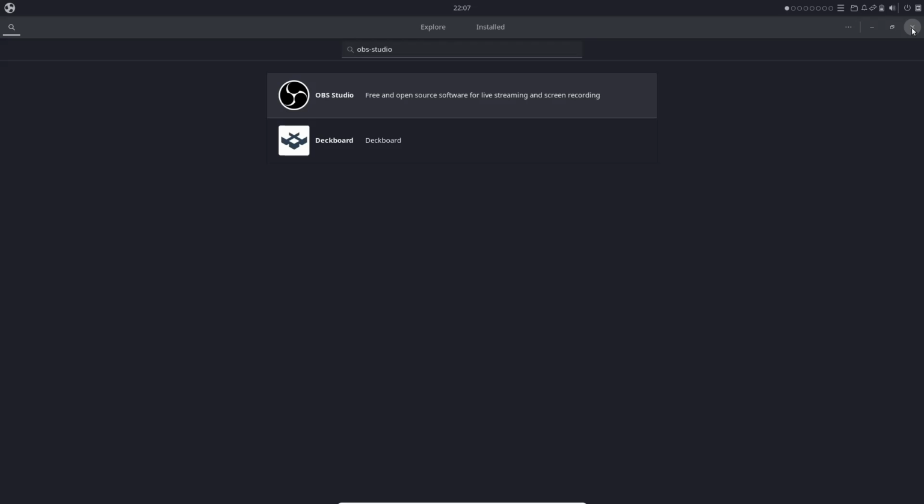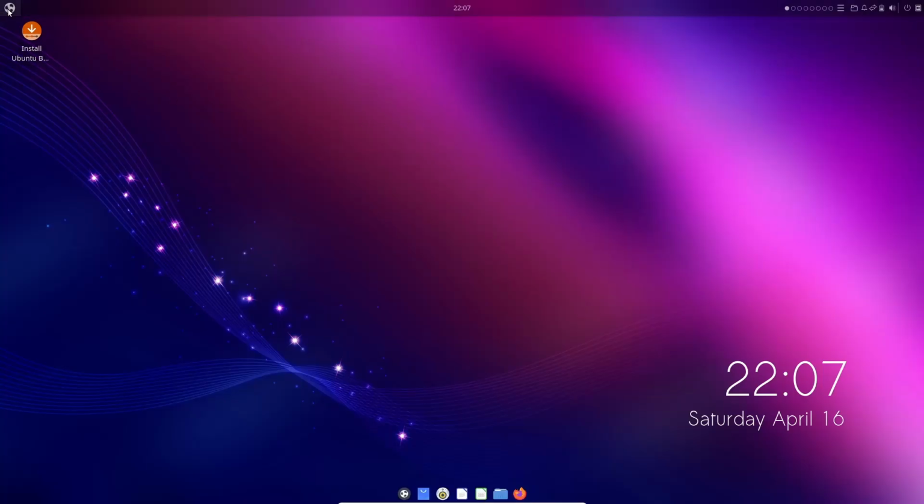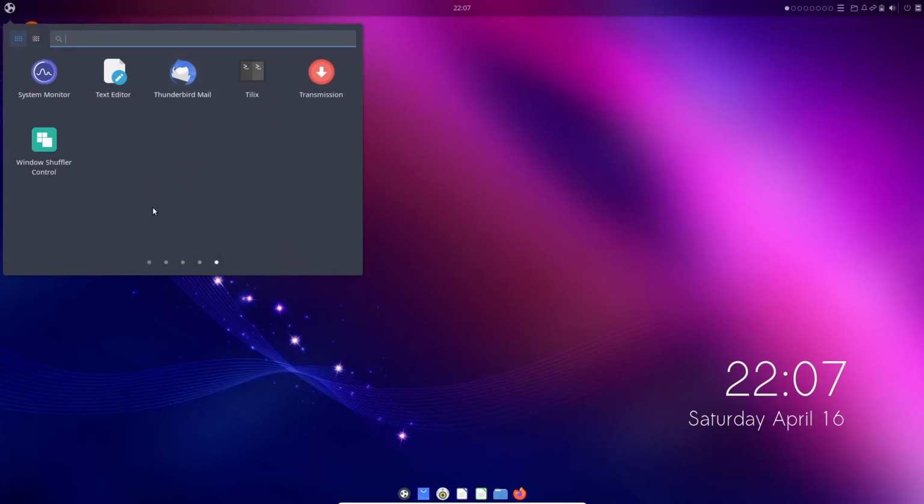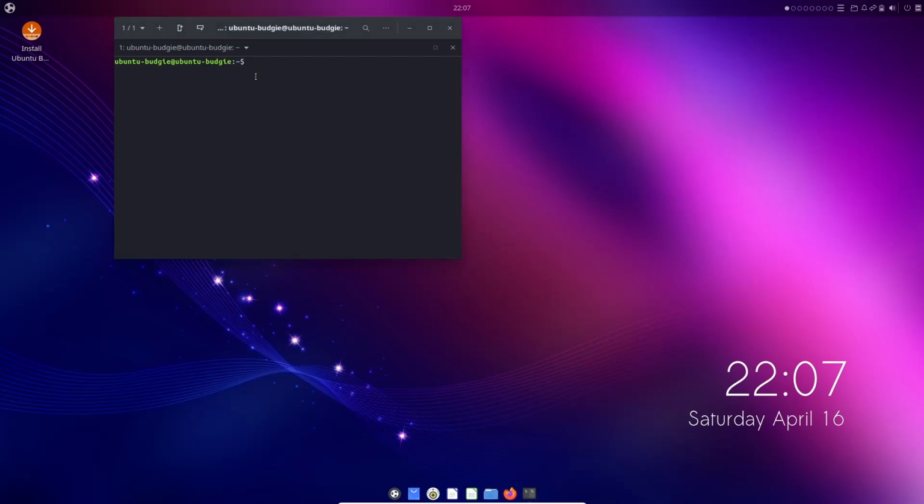So I'm going to go ahead and close out of that. That's a good looking store. Let's go back up here and let's go to the last page. You've got your System Monitor, Text Editor, Tilix. Let's open that up. That's a tiling terminal, but all I want to do is see if they have htop,